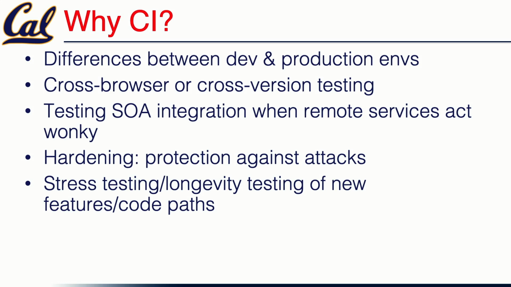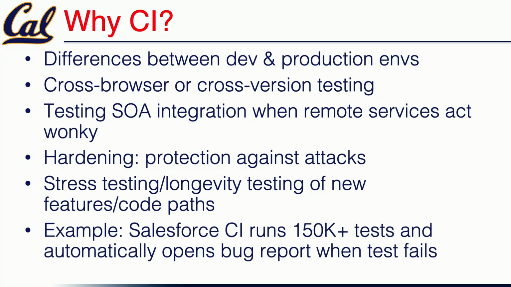Like the anecdote that I just told you, some conditions only show up after a long time or under very specific cases. In CI, you can set up an extended stress testing run. You can do things like ramp up the number of requests per second until you see that the app has trouble and make sure that that's at an acceptable level for what you think your user traffic might be.